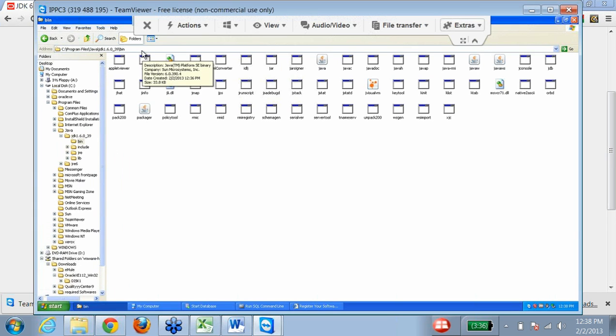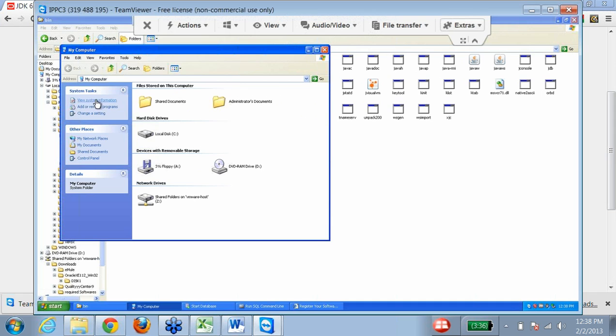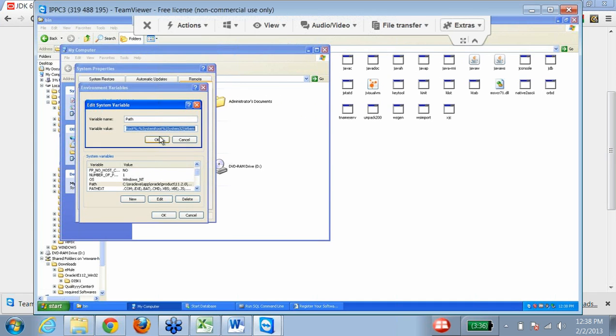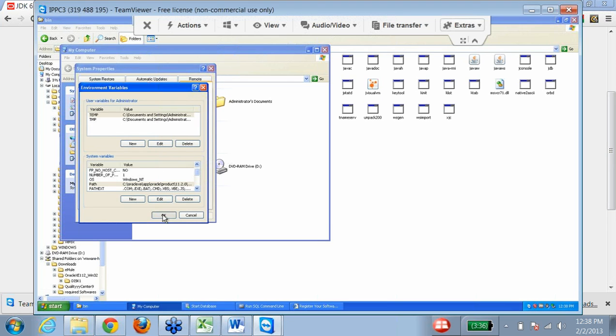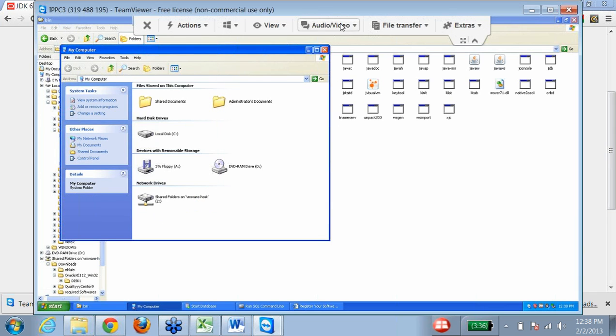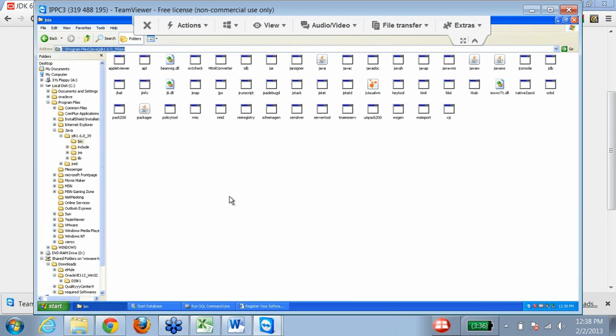So you have to copy this address, and then coming back to my computer, at the end of this variable, put a semicolon and paste it. So you are pasting C:\Program Files\Java\JDK\bin, and press OK, and press OK. So your Path variable has been set, and your JDK is installed nicely.